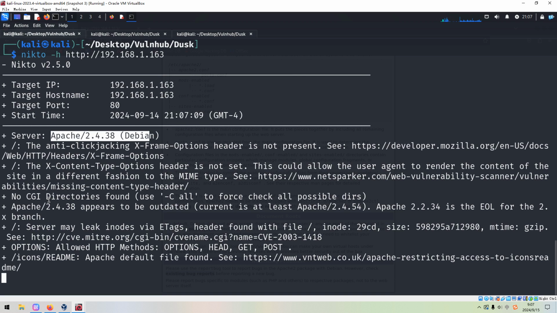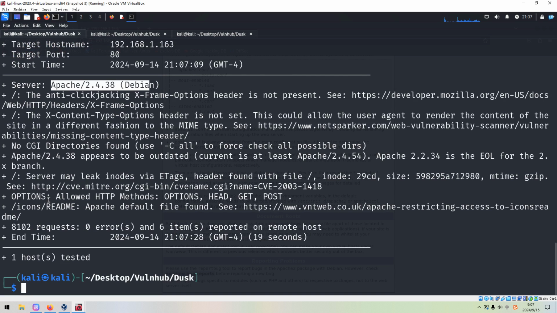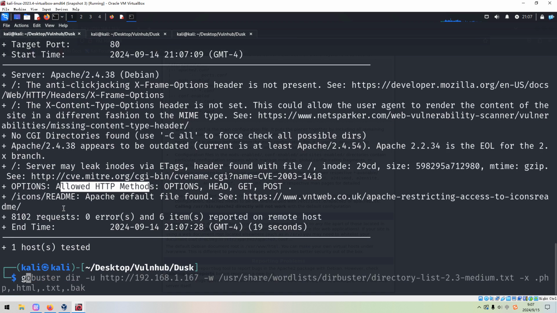Even sometimes if the web application, I mean the software, is vulnerable, Nikto can also give us such information, and allowed HTTP methods and icons. So nothing exciting.